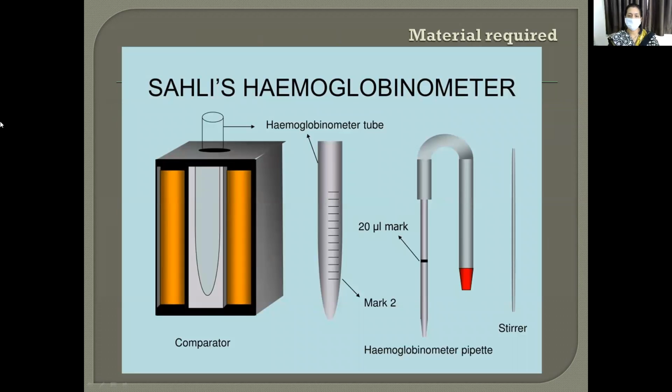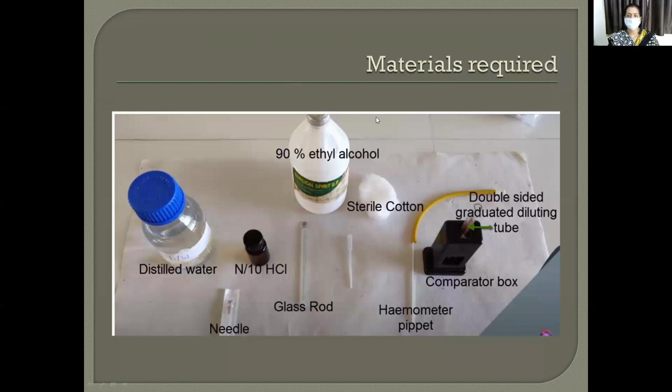So we have these things which are the materials. This is the comparator. This has the color which we can match to it. Then there is a hemoglobinometer tube that can be inserted here. Then you have this hemoglobinometer pipette, the stirrer, and then there is a marker here, and the 20 microliter mark is here in the hemoglobinometer pipette. The same thing. So we have distilled water, all the requirements, the sterile cotton, glass rod, the hemoglobinometer pipette, I told you the 20 microliter mark, the comparator, the graduated tube, 90% ethyl alcohol, that is spirit, N/10 HCl,